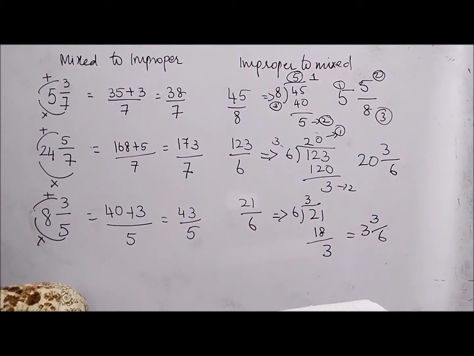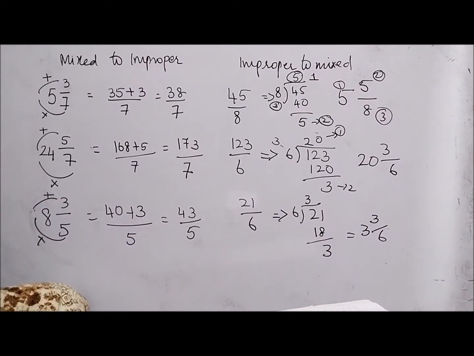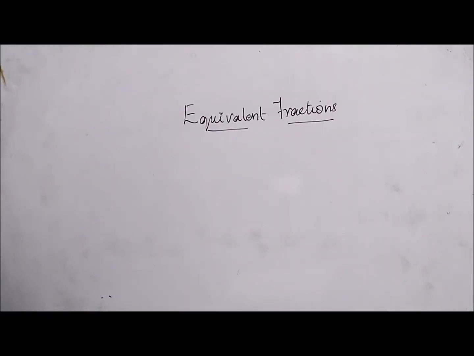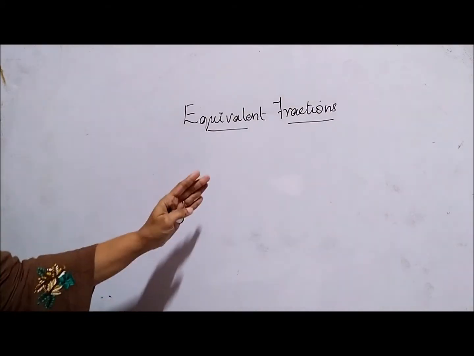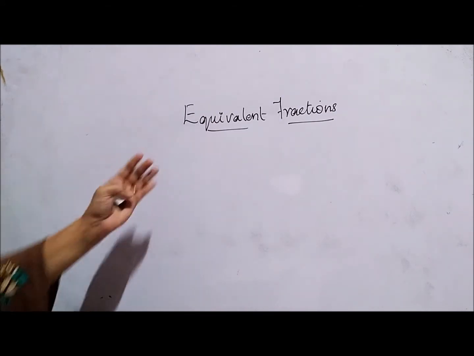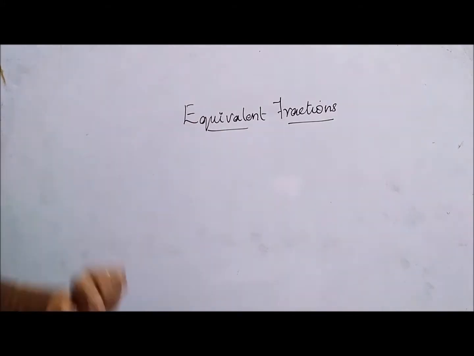Hope the concept of mixed to improper, improper to mixed is clear. Now let's see what is equivalent fraction. The fraction which is obtained by multiplying or dividing its numerator and denominator by the same non-zero number is called equivalent fraction. For example,